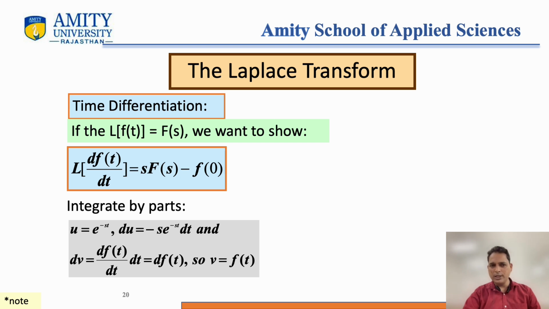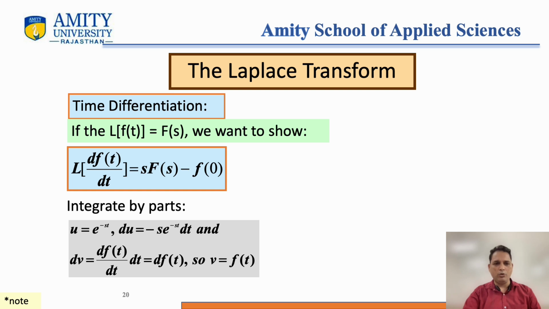Again we go for the basic definition. The basic definition says that Laplace of f(t) is equal to the integral from 0 to infinity of e to the power minus st f(t) dt. But at the moment, what is the f(t)? It is already a derivative, f dash t. So just put it in the formula. So it becomes, Laplace of f dash t is equal to the integral from 0 to infinity of e to the power minus st f dash t